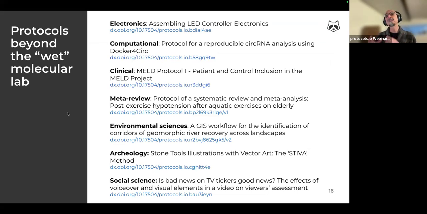And while there's a historical bias in favor of protocols in biomedicine, the platform itself is agnostic to the research topic, and researchers have begun to use it to develop, share, and publish protocols beyond the wet molecular lab.